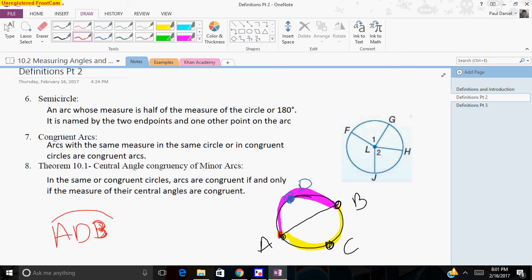Alright, next let's talk about what it means for two arcs to be congruent. Congruent arcs are arcs that have the same measure inside the same circle, or if they're in congruent circles. So basically that means if the angle that makes up that arc and that angle right here, angle 1 and angle 2, let's say angle 1 and 2 are congruent, then that would mean that arc FG